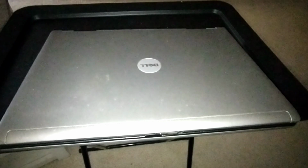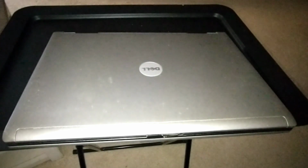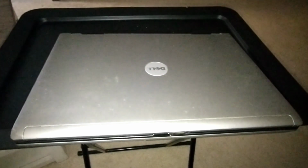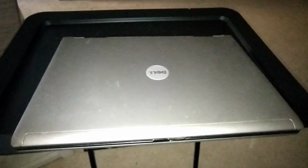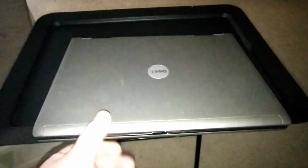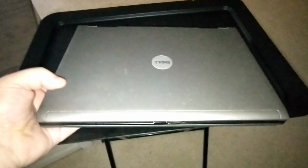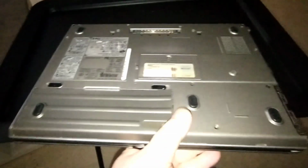This is my Dell Latitude D630. This is from back around 2007, 2008. Anyway, some guy hit me with a question. They're buying an extra battery. You got the primary battery. Let me flip it over here. You got your primary battery right here, and then a secondary battery you can put in your